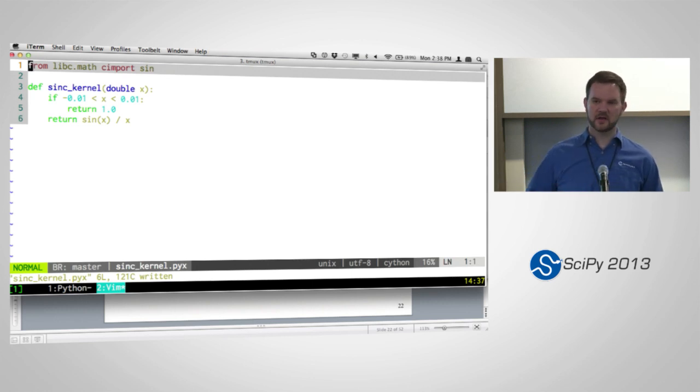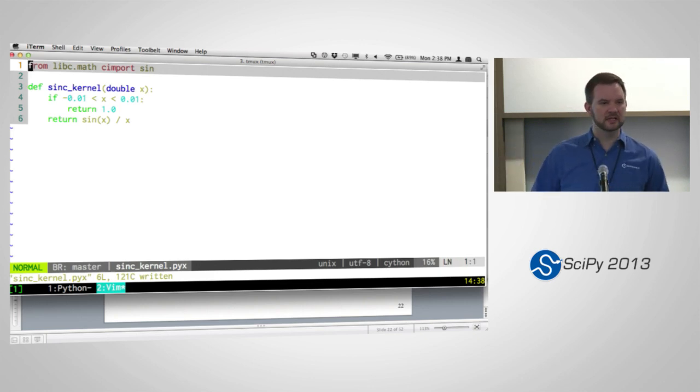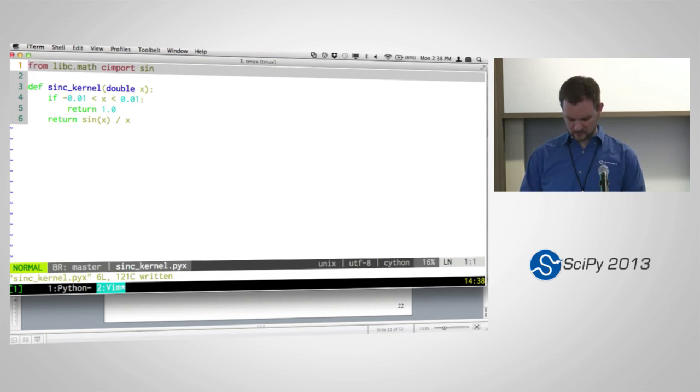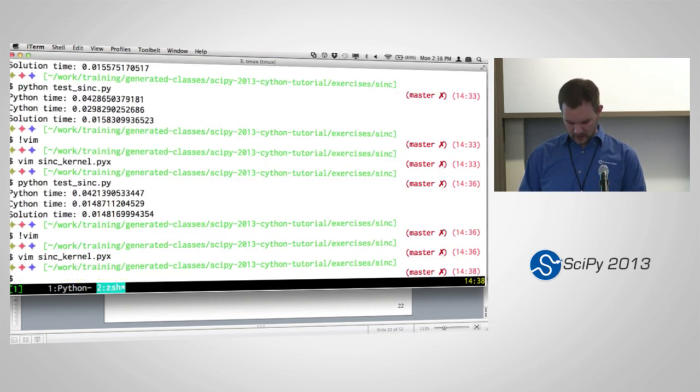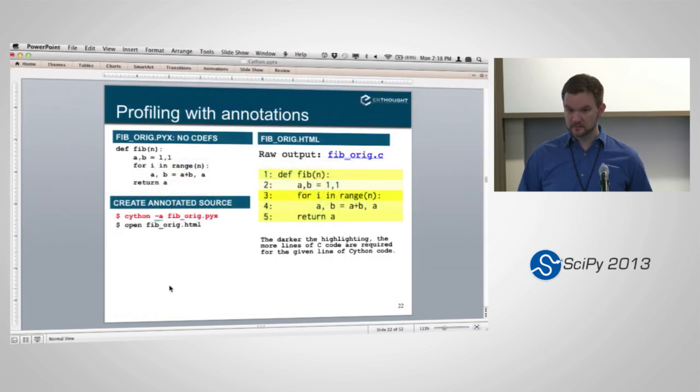In other instances, most of the benefit comes from just statically typing your arguments, and we'll see that in the capstone exercise later on today. Okay, so I just want to emphasize to you that typing arguments and making sure you're calling functions at the C level are two of the most important ways of getting good performance out of Cython. Okay. Changing the libc math cimport,